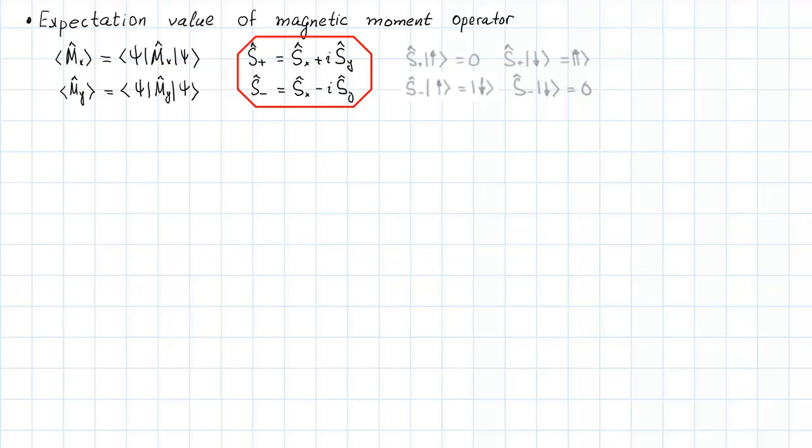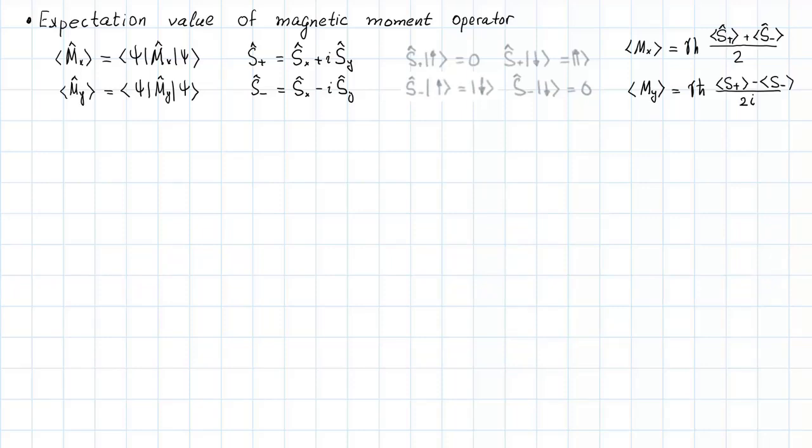Using S plus and S minus operators, we can easily determine the Sx and Sy operators and their expectation values, which are proportional to the magnetic moment components mx and my respectively. Hence, we obtain: